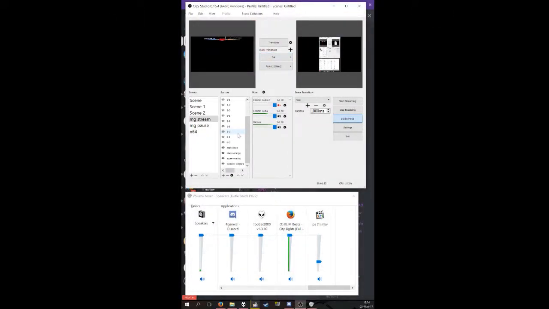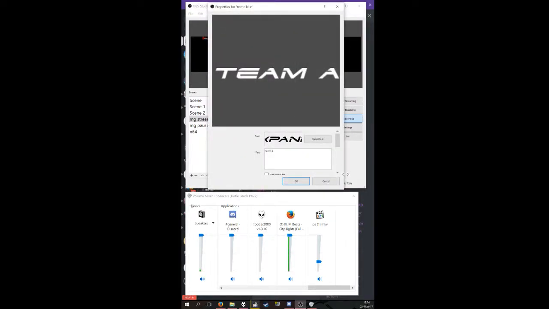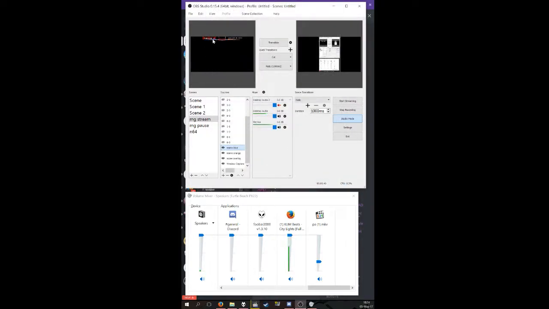Then I have the score overlay, which is also on the Google Drive. I'll link it to you. It looks like this. And then scores and names. I just created a text for name blue, name orange. So in between games you just adjust, resize them and put them wherever they fit the overlay. That's what I meant when I said whatever the font size, because it's really a matter of fitting